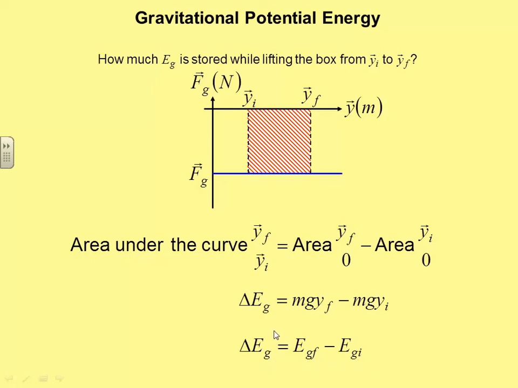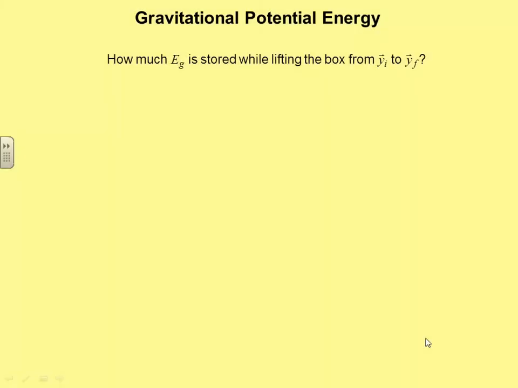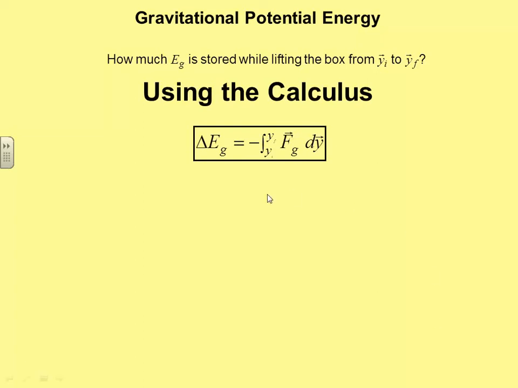Remember that energy is a scalar quantity, not a vector. So the positive and the negative doesn't mean direction here. It means you're getting more or less. For those of you not in calculus, you can turn this video off now. You're done. For those of you in calc, of course, we can define the gravitational potential energy as